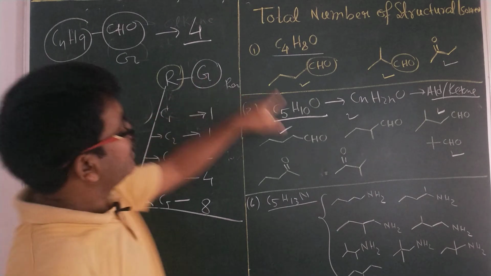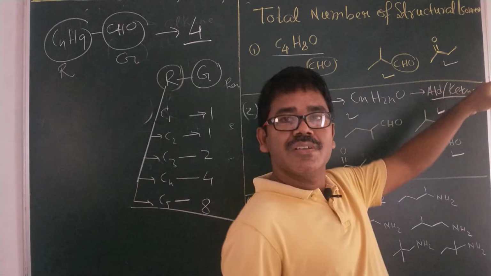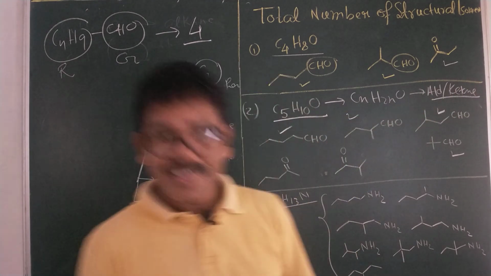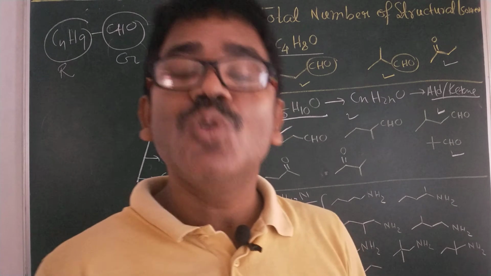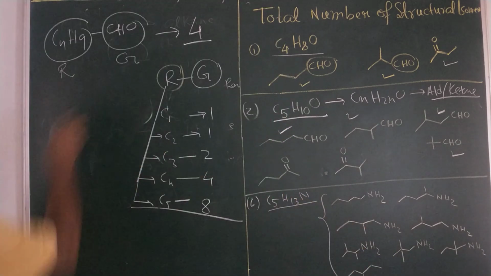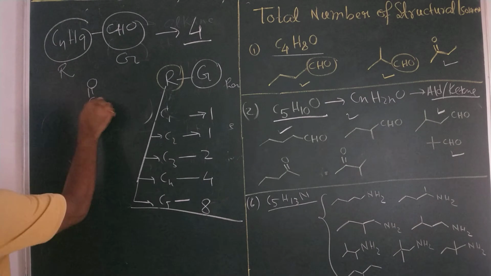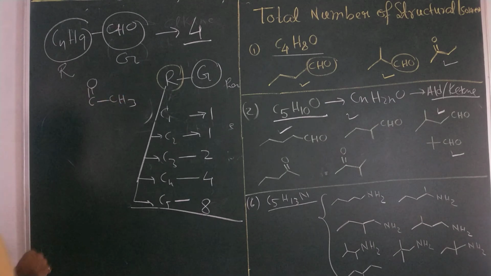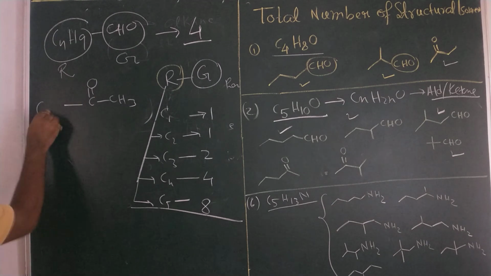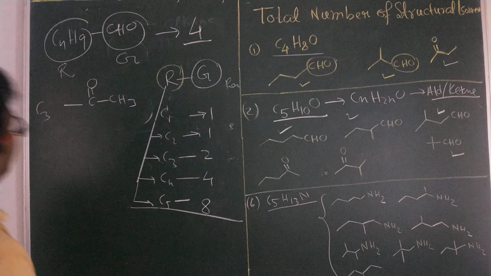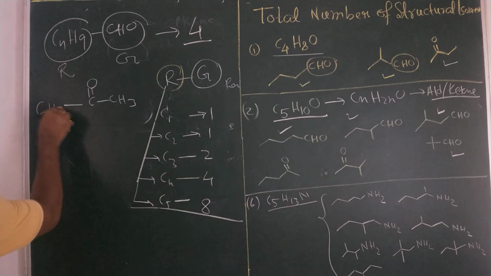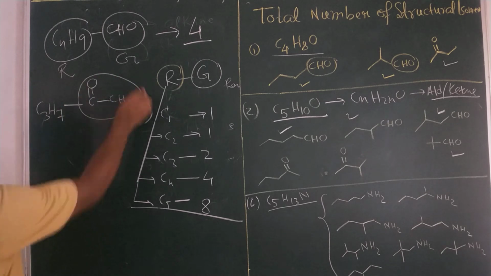Now, this compound can be aldehydes or ketones. With the aldehydic group, it can have 4 isomers. Now, my genius, with the keto group, we need to find the total number of isomers. Let us consider this as a keto group. How many carbons have we taken on the right-hand side? 2 carbons. Therefore, how many carbons will we have on the left-hand side? 3 carbons. We have taken 3 hydrogens. How many hydrogens are left then? 7 hydrogens.